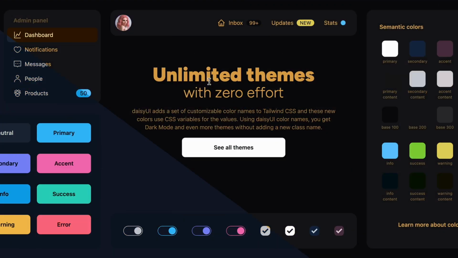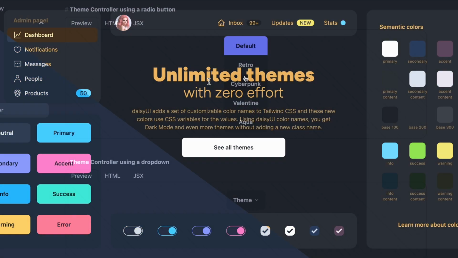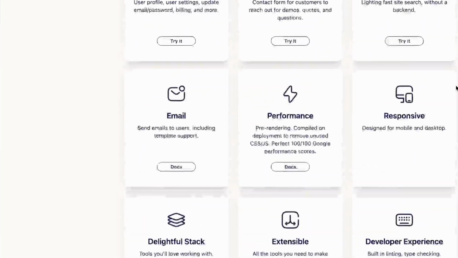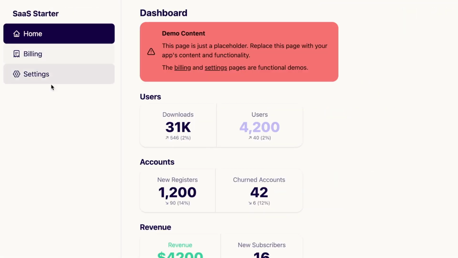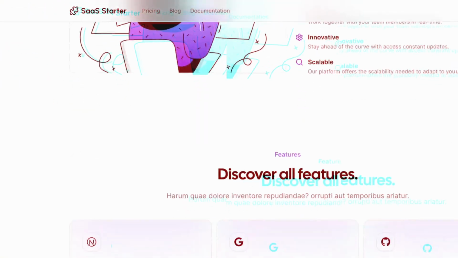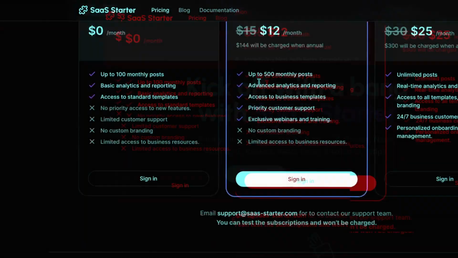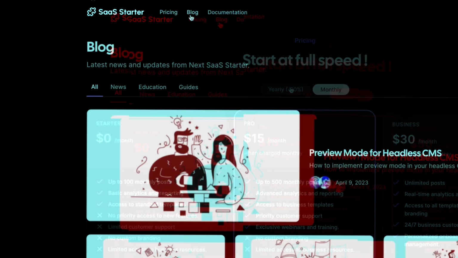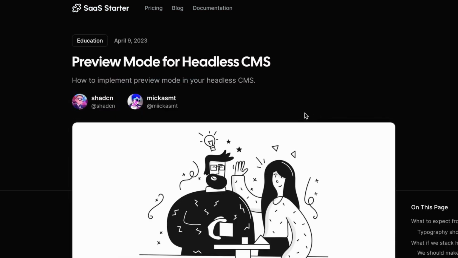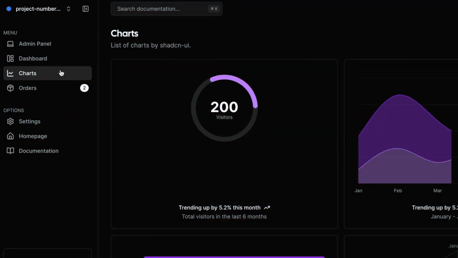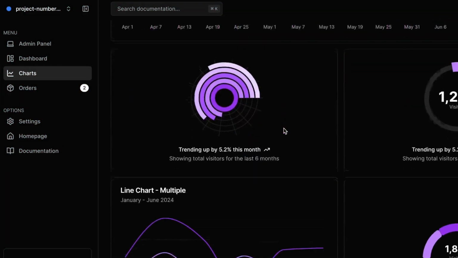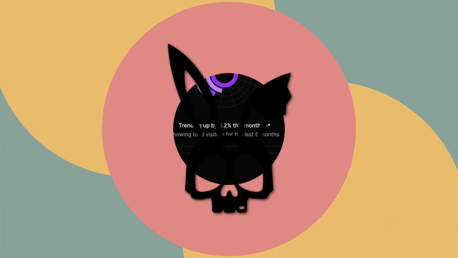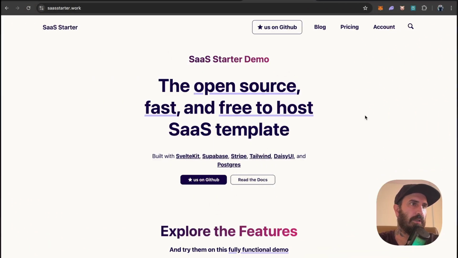Today I'm going to show you the fastest and cheapest way to start building your first SaaS application. The last couple of weeks I've been browsing for SaaS boilerplates and found a ton of amazing options ranging in features and prices. They all look amazing, great features and tech stack, but I'm trying to build applications as cheap as possible. So if this sounds like something you need, let's get into exploring some awesome options I found and tested.